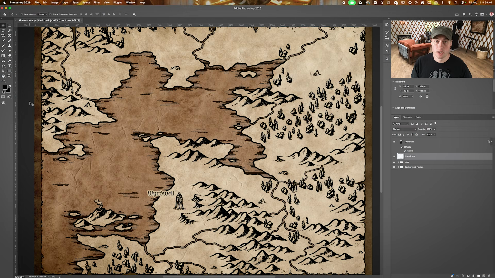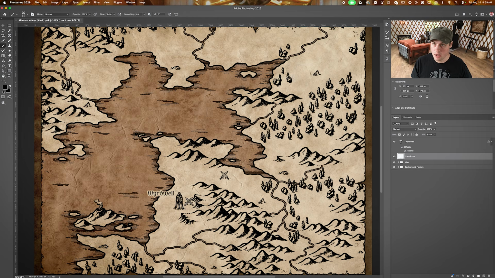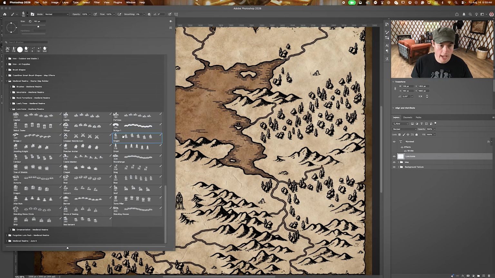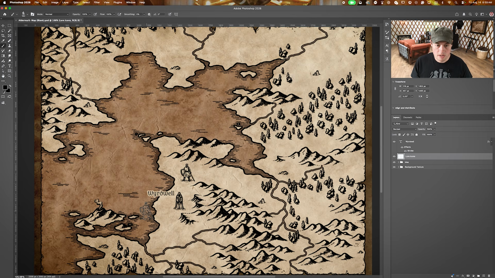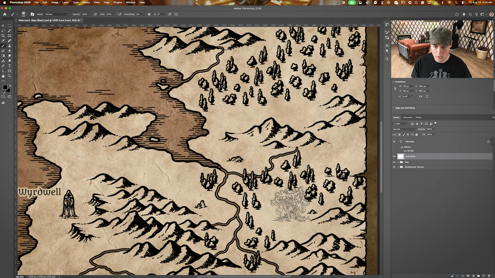The next story seed we want to look at is something that implies conflict. So we'll come up to our brush panel again, and there's a couple different things that we could do. We could do this crossed sword icon here, which can imply that there was a battle of some kind that happened in a region. We could do a knight, something that implies conflict or fighting. And I just thought of one that might be fun. Let's switch to the Tree of Shields. And we're going to place it right over here,